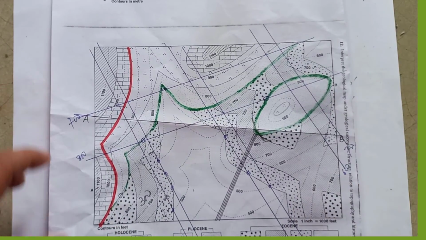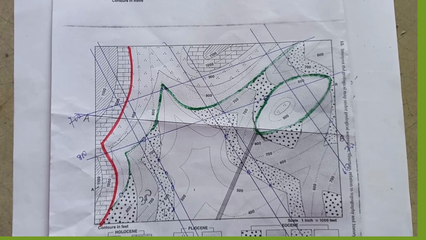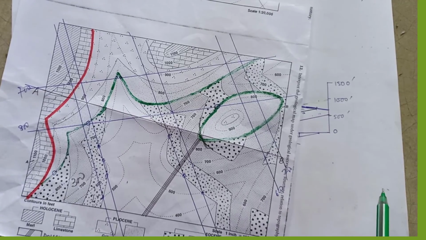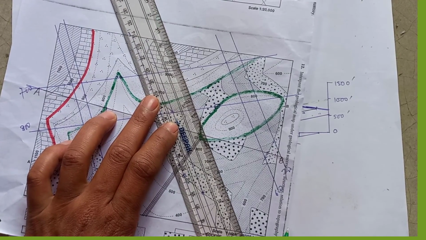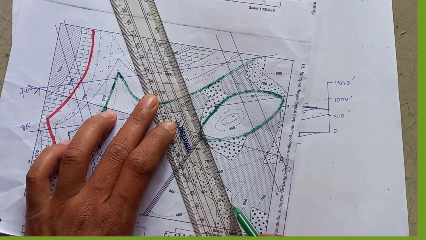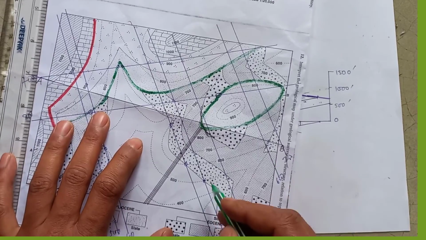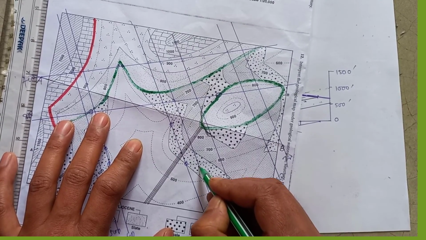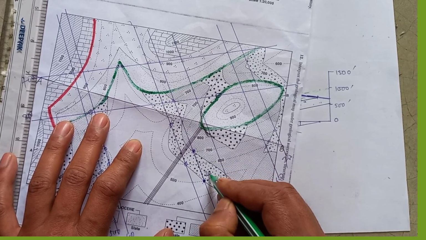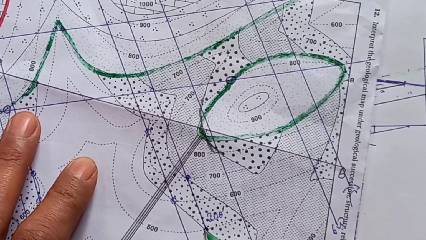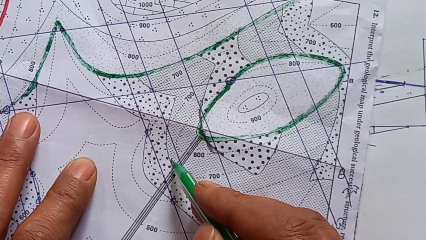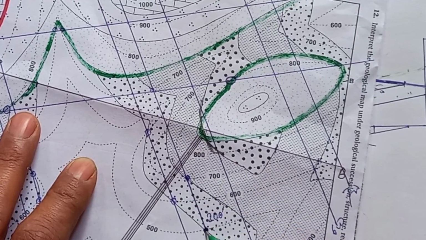And one thing keep in your mind, how to identify the thickness. A very important thing in a geological map is thickness. See, you see here, if we draw a strike line, this is the strike line. You see, this is 500, go through this strike line, the upper bed cutting point is 700. That is why the difference is 200. So thickness is 200. Lower bed cutting value is 500. Upper bed cutting value is 700. So in a bed, the lower value and upper value